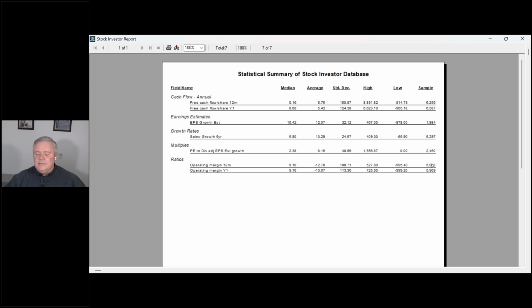Depending on the variable, you'll see almost all of the companies in the universe. So there's roughly 6,300 that have a free cash flow per share value over the trailing 12 months, and 5,988 that have a valid non-null operating margin over the last 12 months. But this,